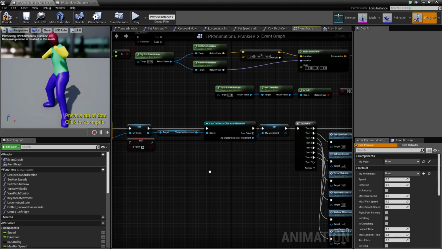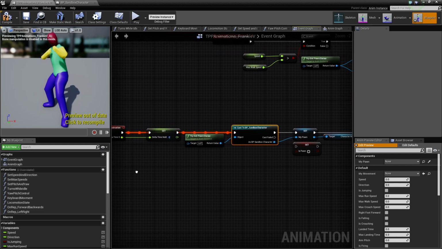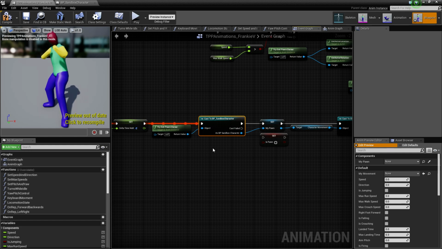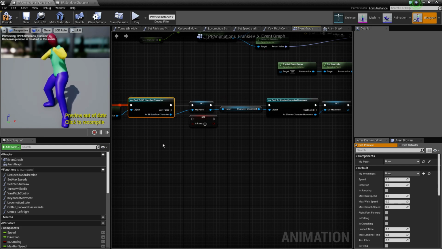So hopefully this is not too confusing. It really is only confusing until you actually get your hands on it and try it and see what the results are. So in this case, since we do know that our event blueprint update is constant, it's constantly being reevaluated, we do not need to cast for each individual element or a variable from that class as far as input control movement goes. We just have to cast for it within a sequence of polling questions. So, for example,